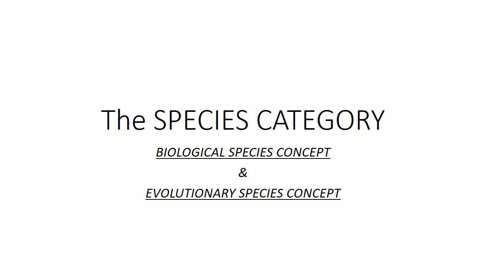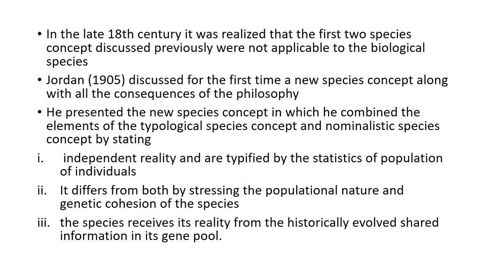Today we will discuss the species category, in which we will study the biological species concept and the evolutionary species concept. Previously we had discussed the typological species concept and the nominalistic species concept, and it was realized in the 18th century that these first two species concepts were not applicable to living organisms, so they were not applicable to the biological